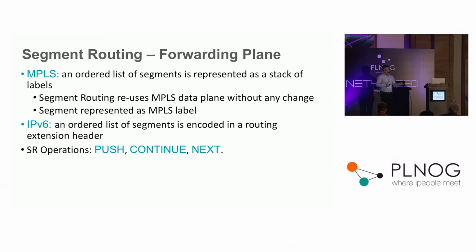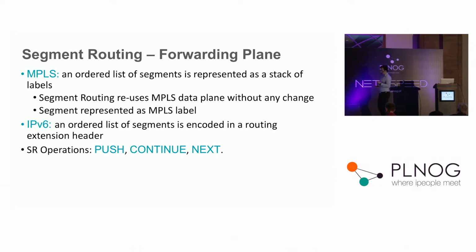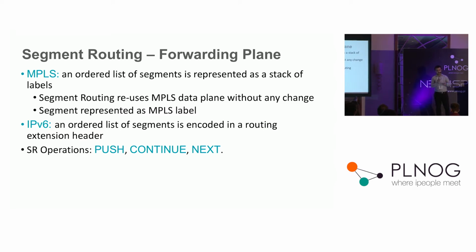As I said, we still use the MPLS data plane. From the forwarding plane point of view, there are no changes here. The only flexibility is that you can now use MPLS or IPv6 at the data plane, okay? In case of MPLS, you will have the traditional labels in a stack. In the IPv6 case, it means